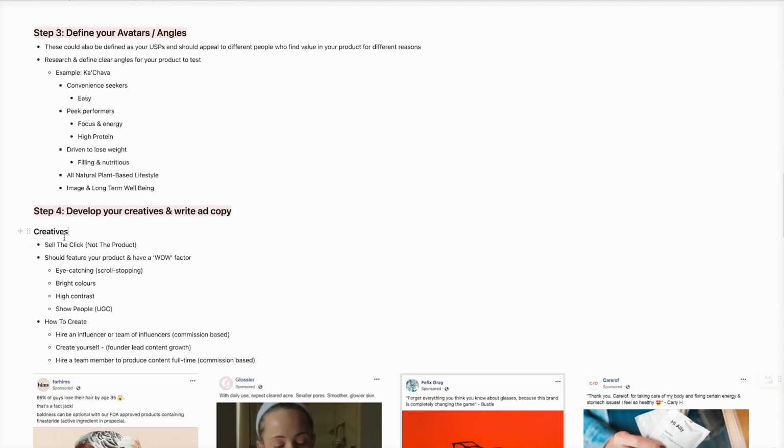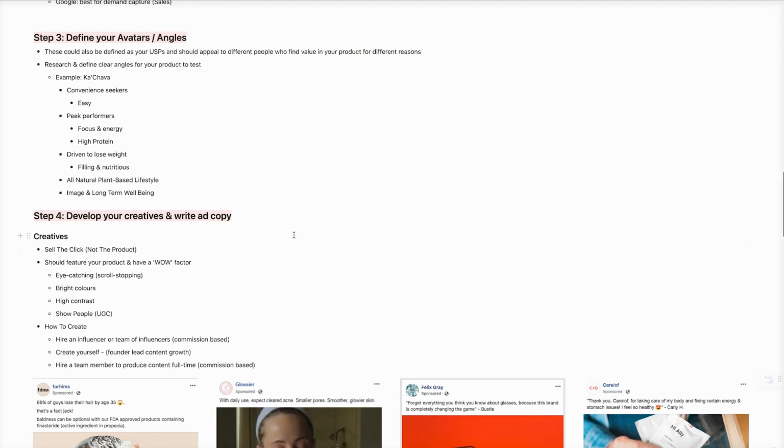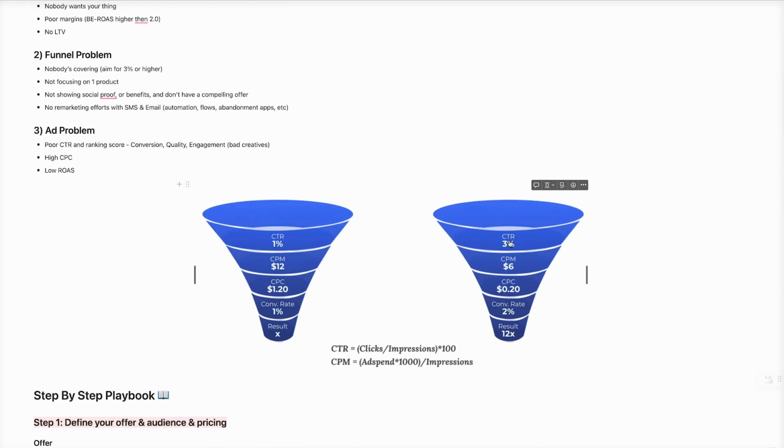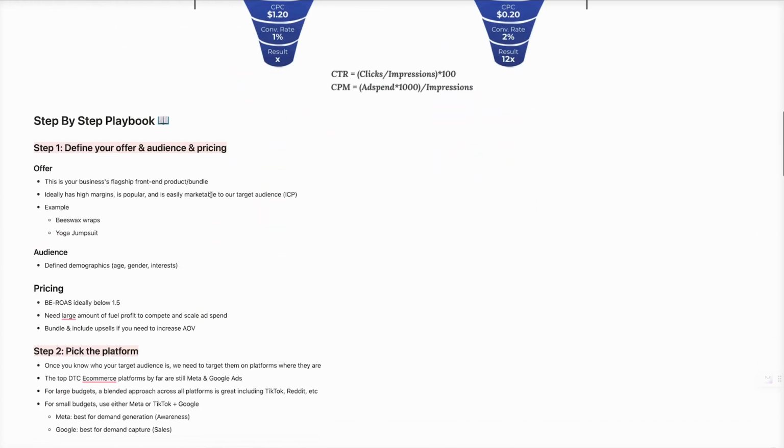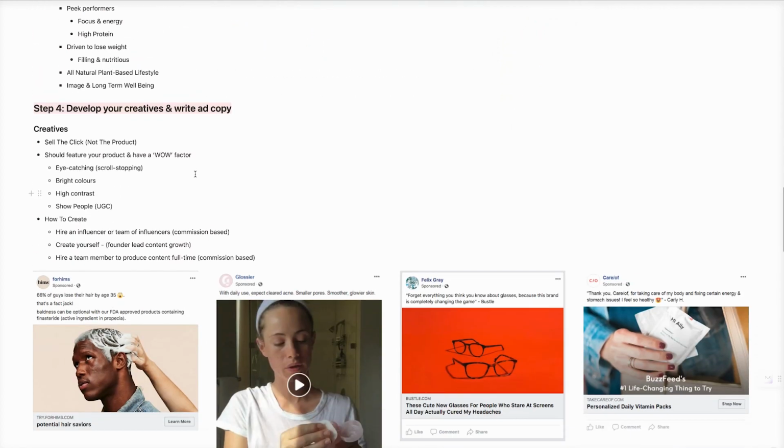Now, how do we create those creatives? On the creative side, you want to sell the click, not the product. People try to sell the entire product in that ad. All you're trying to do is sell that click and get a high CTR so people want to learn more and engage, and it doesn't even look like an ad. It's just something cool people want to check out. So sell the click, and then the landing page does the selling